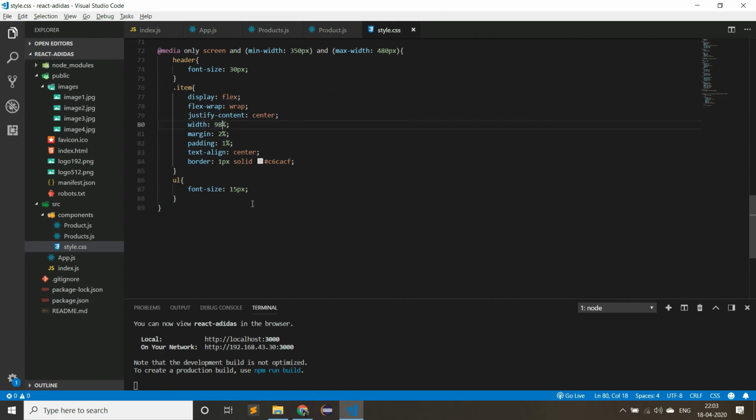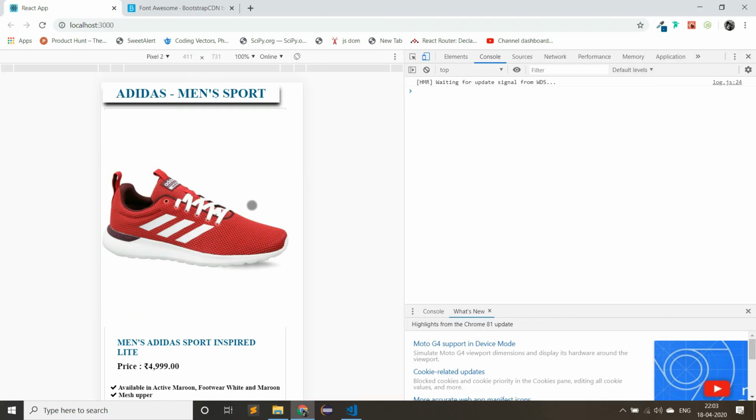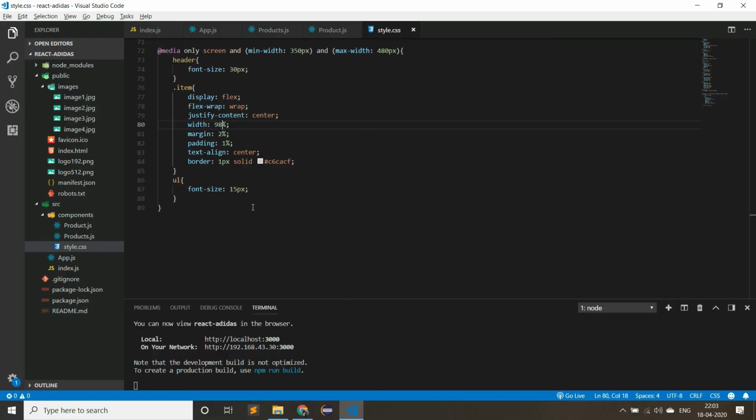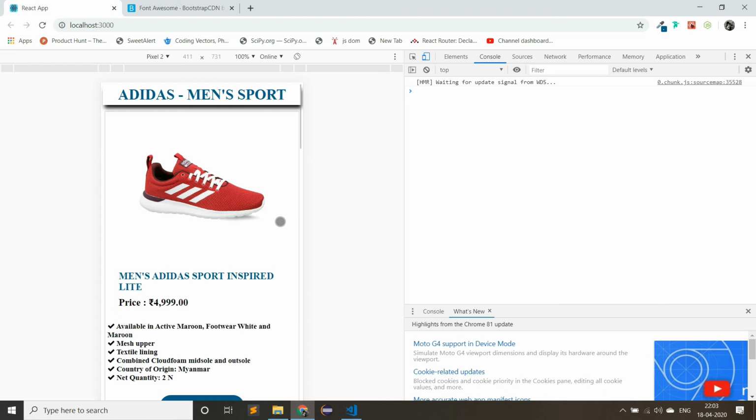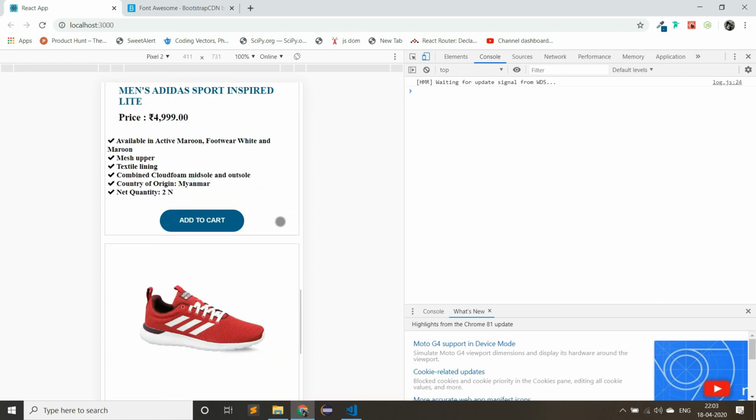Okay, let's open the style.css. We are getting the image somewhat bigger, so I think we did a mistake. So here image is not a class, so remove the dot. Now you can see this is how our application will look like in small scale devices.